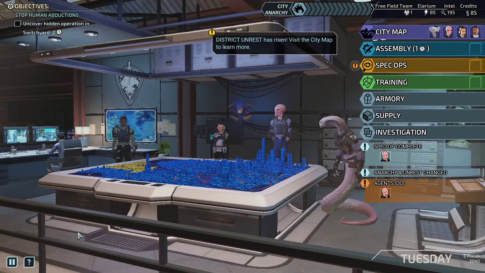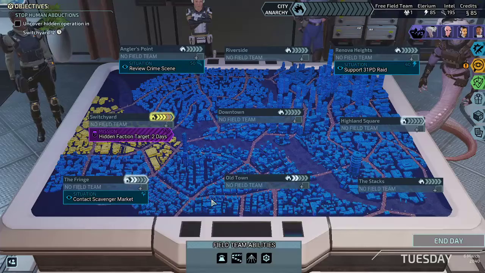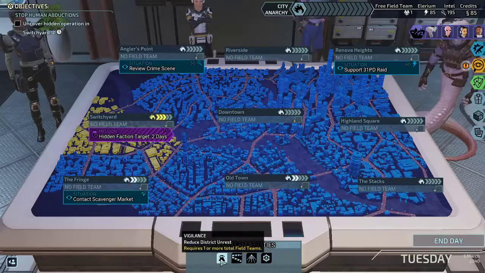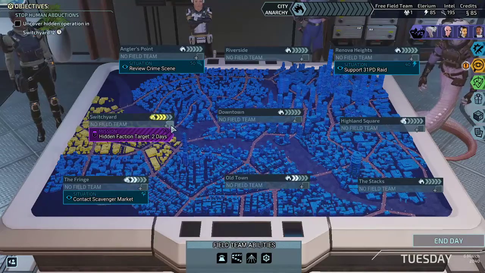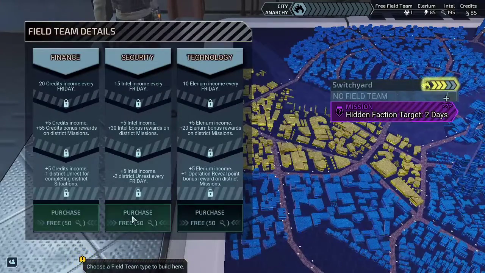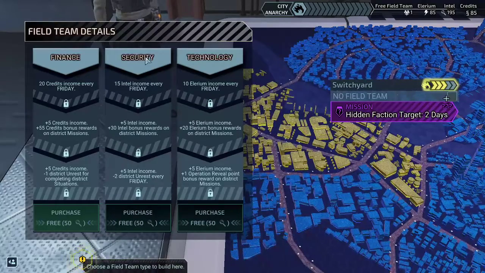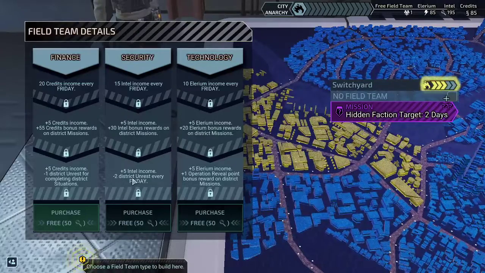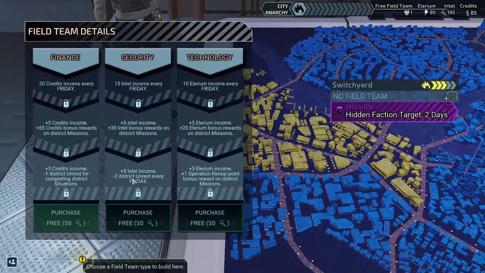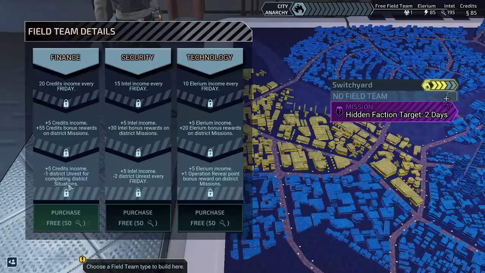So, essentially now, what we have are the equivalents to satellites and everything else. Alright, so we want to put field teams in places where you're going to need to deal with unrest. We get one for free, and they cost intel to purchase. So intel very early becomes most important. Security teams just give you more and more intel, and then eventually your periodic unrest problem. The finance gets you credits, and then whenever you do a blue mission, you get a bonus minus unrest,